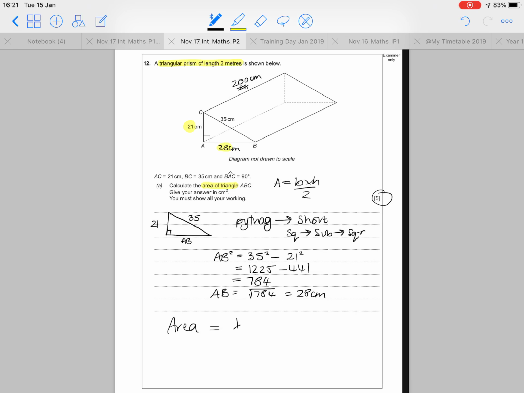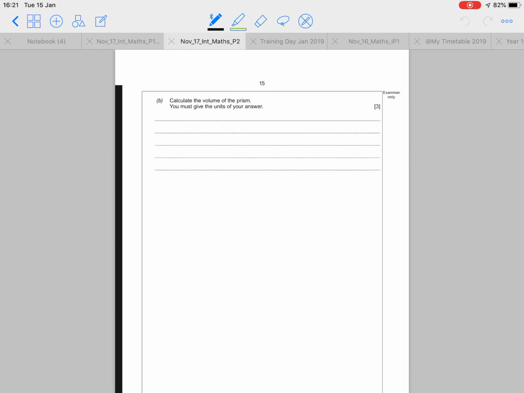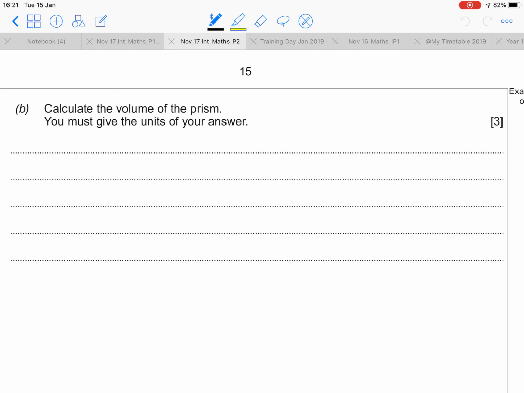Area equals half times the base times the height. 294 centimetres squared. Okay. In part B, it wants the volume of the prism. So to find the volume, I'm going to have to turn back a second because I'm going to need the area of the triangle. Because to find the volume, I do the area of the front of the shape, which